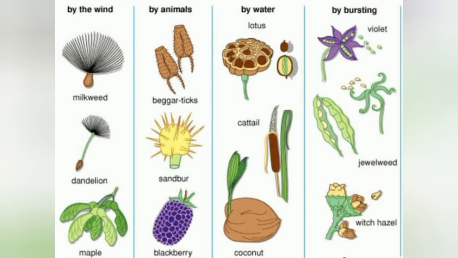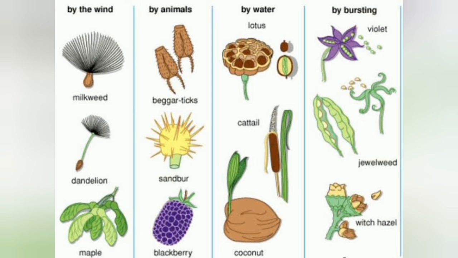Animals also help to disperse seeds. Animals eat the fruits and they move about from place to place, and from their droppings grow new plants. The droppings of these animals and birds fall on the ground, and when they get appropriate moisture, the seedling grows into a baby plant and into a new plant.